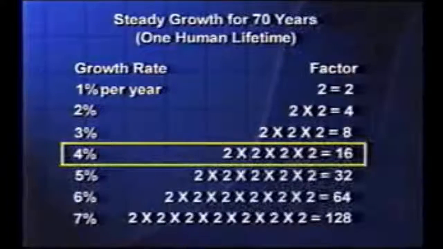Now, there's another beautiful consequence of this arithmetic. If you take 70 years as a period of time, and note that that's roughly 1 human lifetime, then any percent growth continued steadily for 70 years gives you an overall increase by a factor that's very easy to calculate. For example, 4% per year, you find the factor by multiplying 4 2's together. It's a factor of 16. Now, a few years ago, one of the newspapers here in Boulder quizzed the 9 members of the Boulder City Council and asked them, what rate of growth of Boulder's population do you think it would be good to have in the coming years?